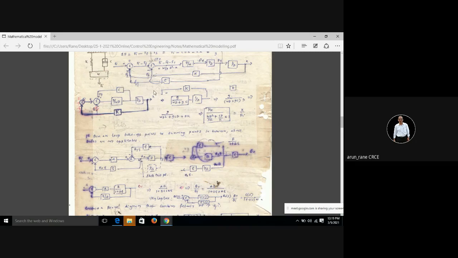Now this whole thing has been replaced by this one block. Now again you need to draw the diagram. So this is your third diagram. In the third diagram, if you can show one summing point, it is better. Why better? Because now you can eliminate this and you are left with only one summing point. Instead of showing K here, I have shown it here. That's fine. So now you have a summing point here, you have this block, and you have K. So this is my third diagram.